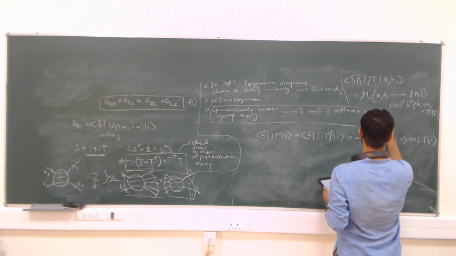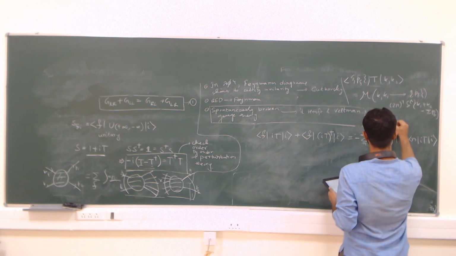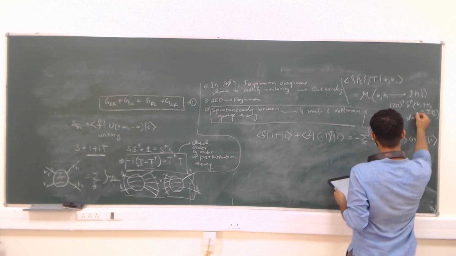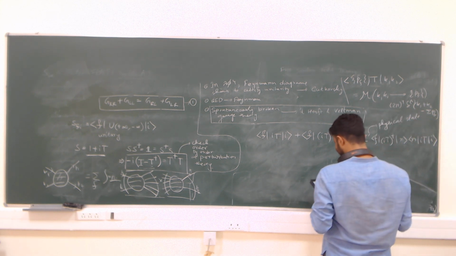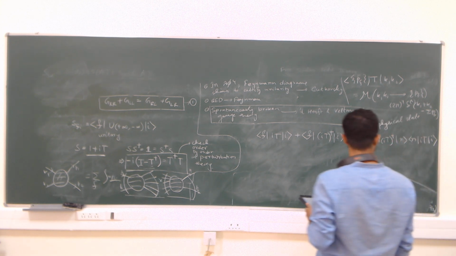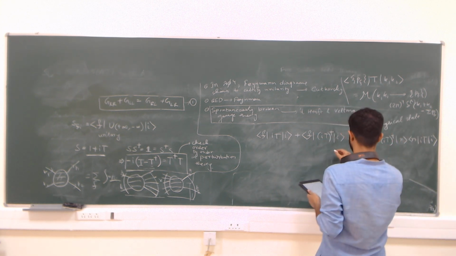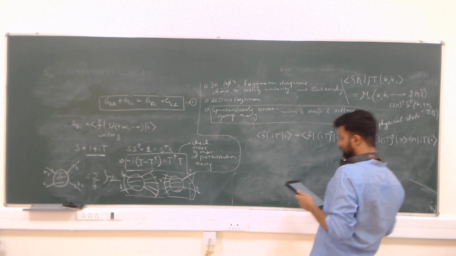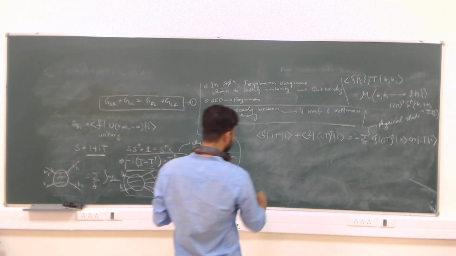This line means possible physical states, and physical states would be something with negative norm states in these cases. So if we follow this equation, then basically this means that